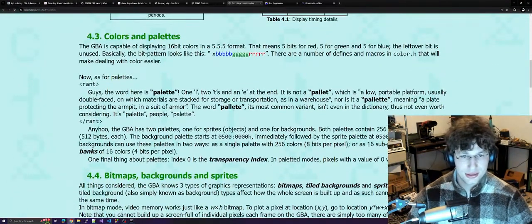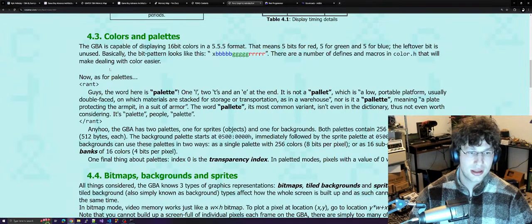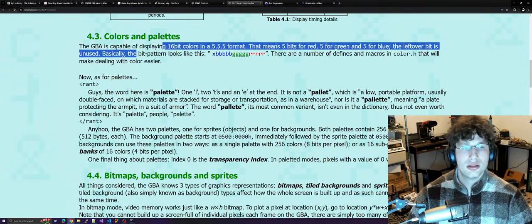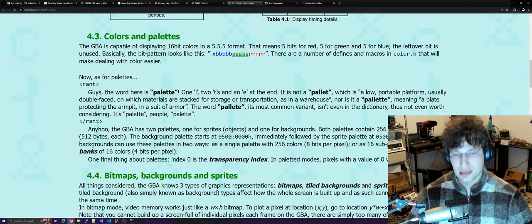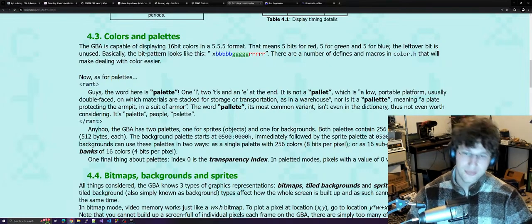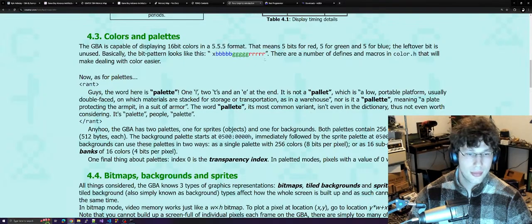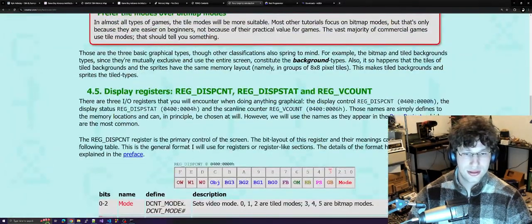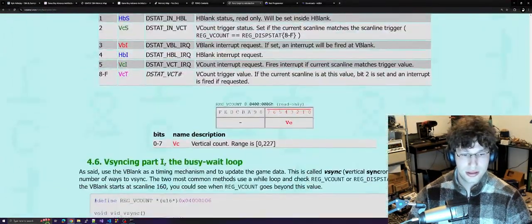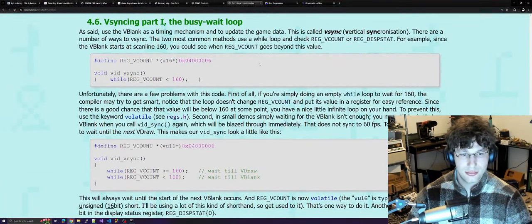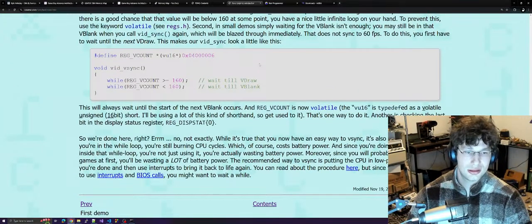Colors and palettes. This is what I was talking about. The Game Boy Advance is capable of displaying 16-bit colors in the 555 format. So 5 for red, 5 for green, 5 for blue. Bitmaps, display registers, VSyncing, busy loop. Basically,